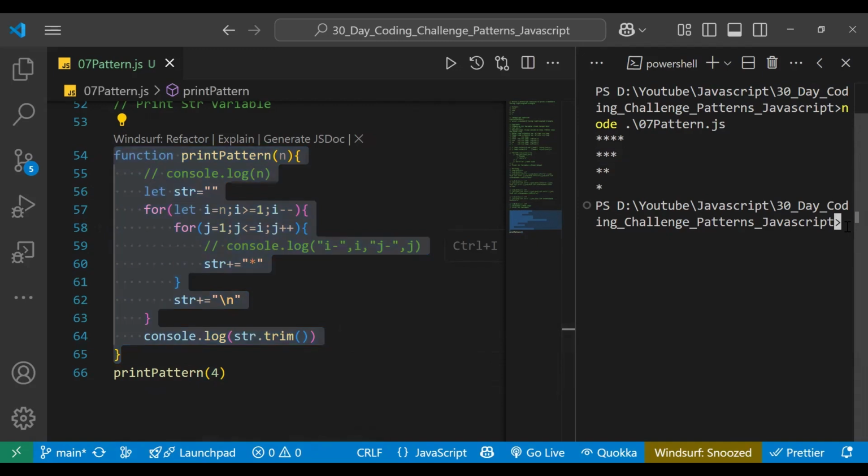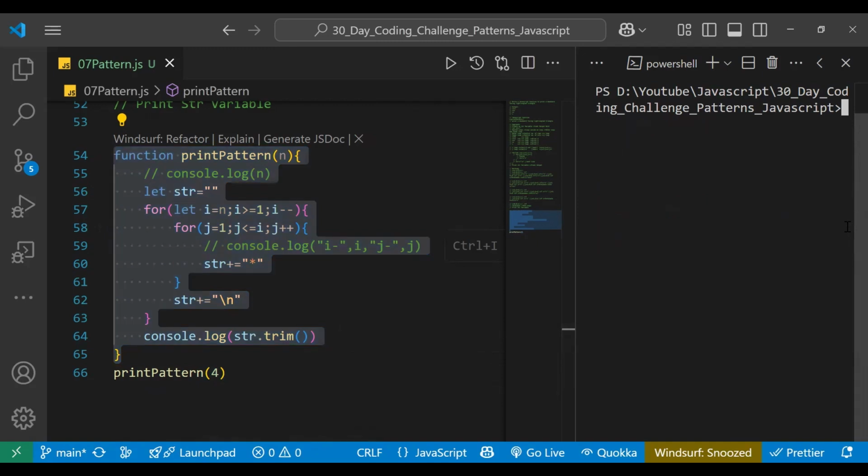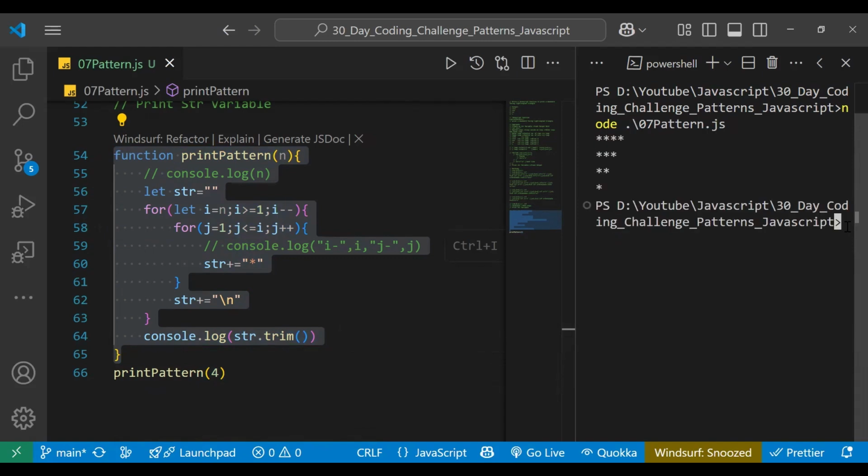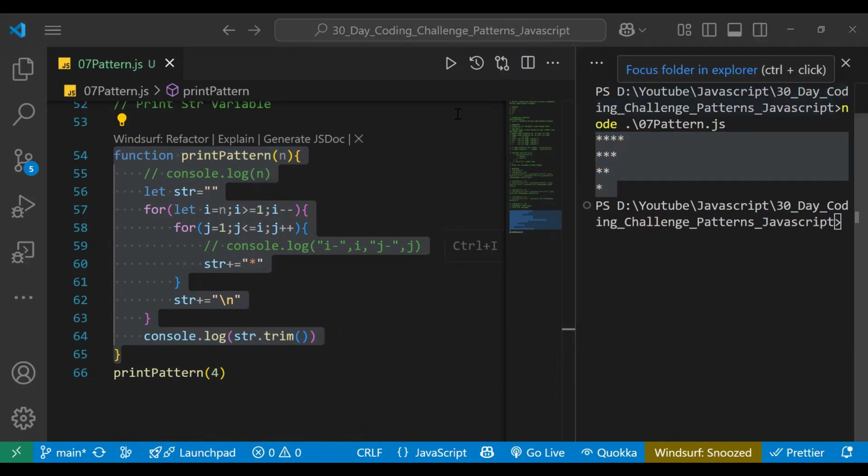Now let us come here and we are just going to clear the terminal and we are going to write here what? node 07 pattern.js. If you see now, we are getting our exact output, what was needed, right? Now, guys, what I want is, first of all, you all complete with respect to 4 only. After that, what you can do, you can try experimenting with different values of n and let me know the